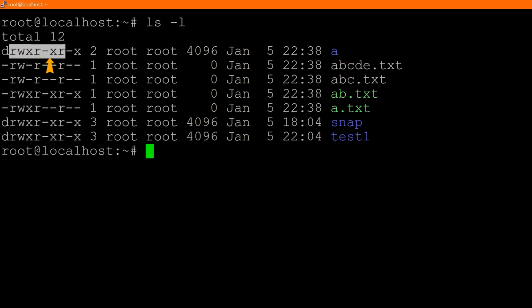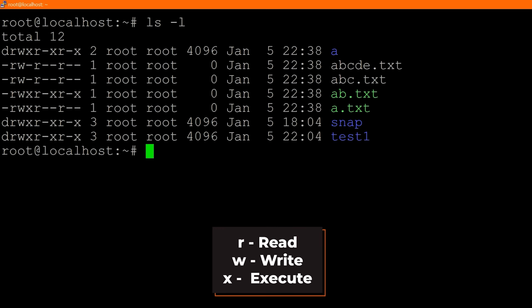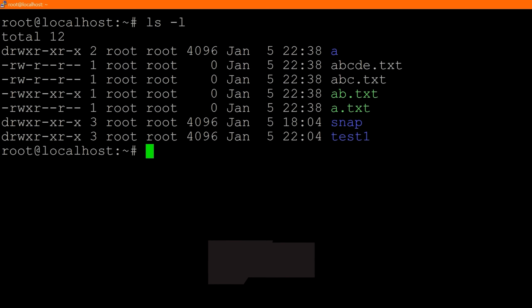Now, the last 9 characters here actually represent the permissions for this file and for specific users. So you have to read this as 3 sets of 3 characters. So you have RWX, R-X, and R-X. You can imagine that they're separated by commas because they all stand for and represent different things. So first of all, R, W, and X, what do those stand for? Well, that's read, write, and execute. So you're always going to see 3 characters, and you're either going to see all of these or just some combination of them or none.